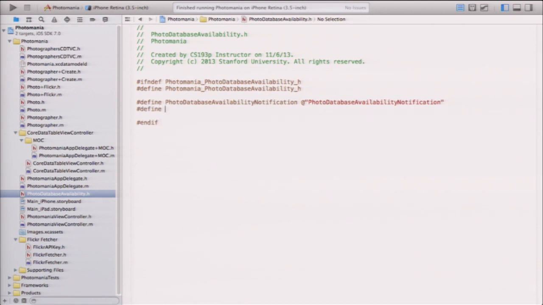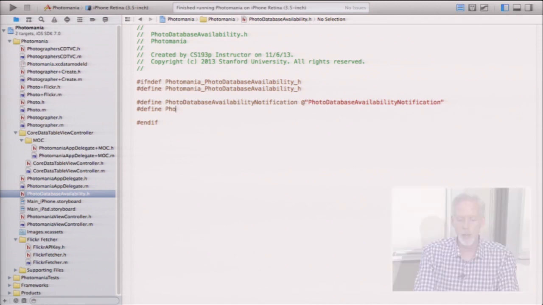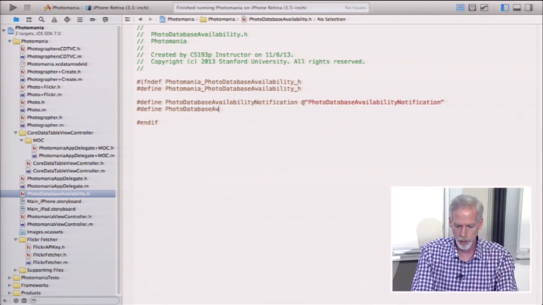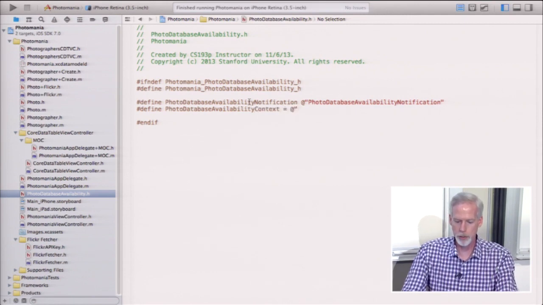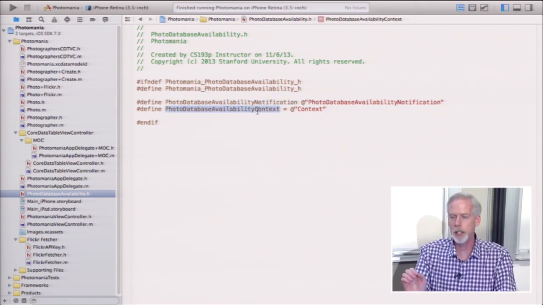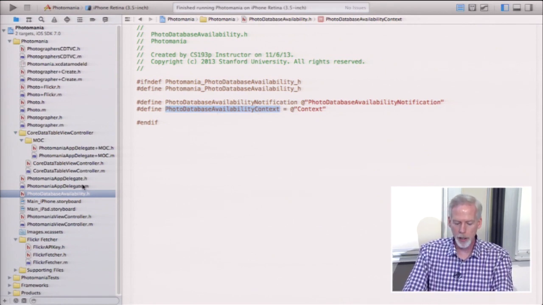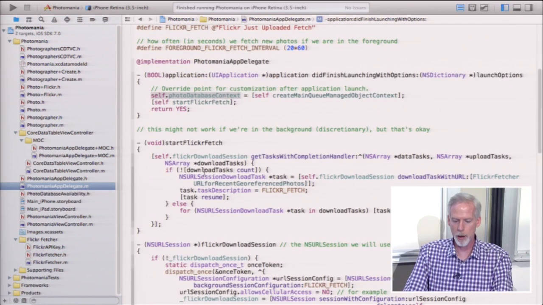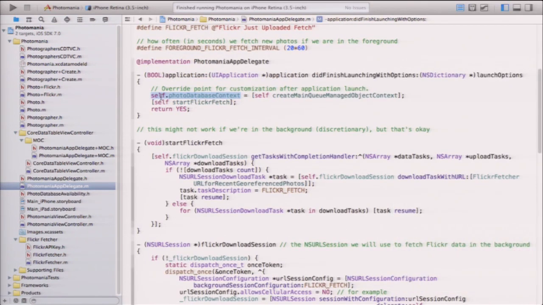And then also, when the notification goes out, I'm going to include the context in the radio station broadcast, so the person can just get it when they get the notification. And I'll do that with photo database availability context. And I'll just say context. It can be anything we want there. Okay, so this is going to be the name of the notification. This is going to be the key into the dictionary of information that comes along with the notification. All right, so now let's send that notification, and I'm going to do that every time we set this photo